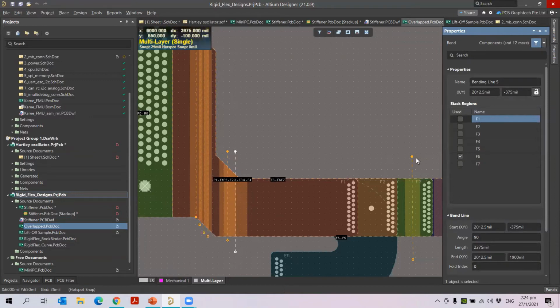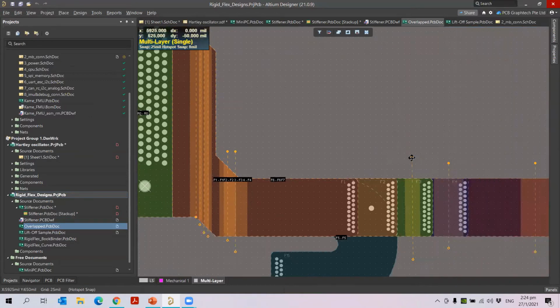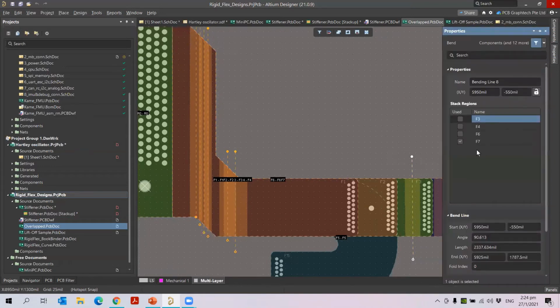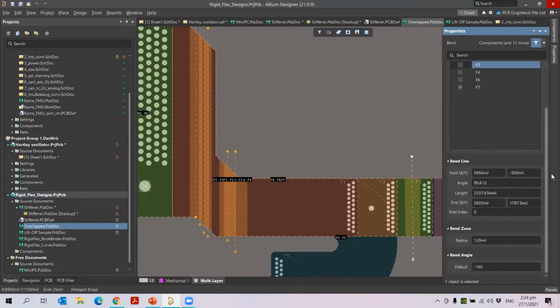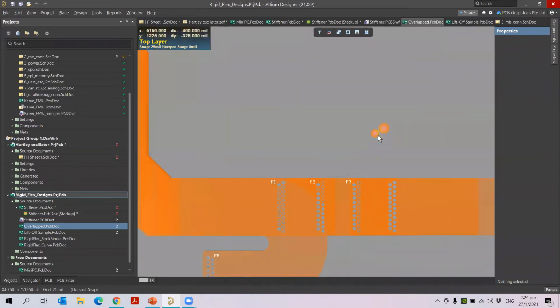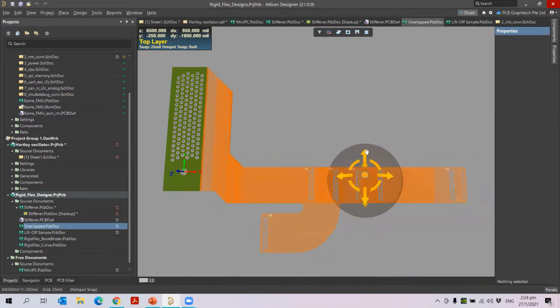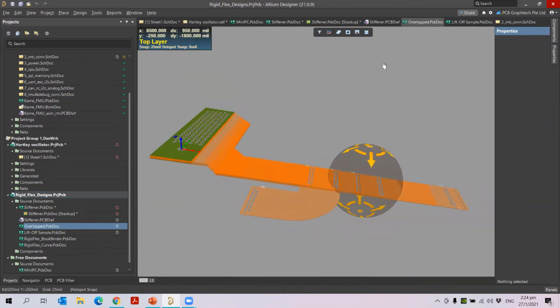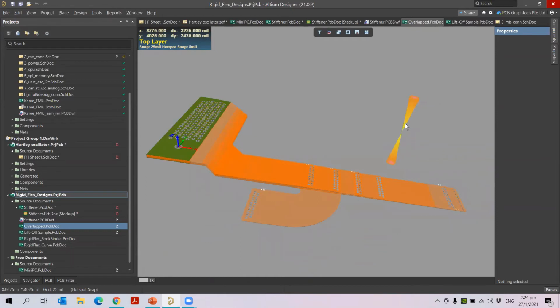So selection of the bending lines will give you more information about the layer stack to which it is connected. You can see all this information. Now this feature is not available in the earlier versions. The bend lines are available in the new versions of Altium Designer 21. Let me go to the 3D view, and let me bend this and then press 5.